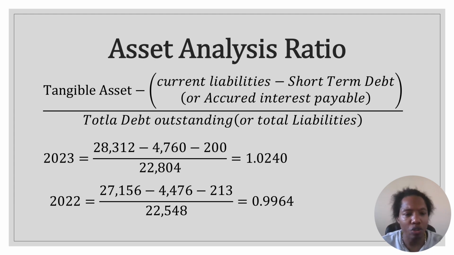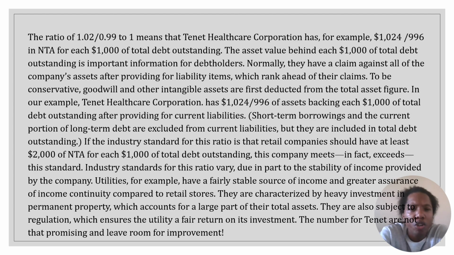Asset analyst ratio: tangible assets subtract current liabilities, subtract short-term debt or accrued interest payable, divided by total debt outstanding or total liabilities. 2023 equals 1.0240, and 2022 equals 0.9964. The ratio of 1.02 or 0.99 to 1 means that Tenet Healthcare Corporation, for example, has 1,024 or 996, 2023 and 2022, in NTA